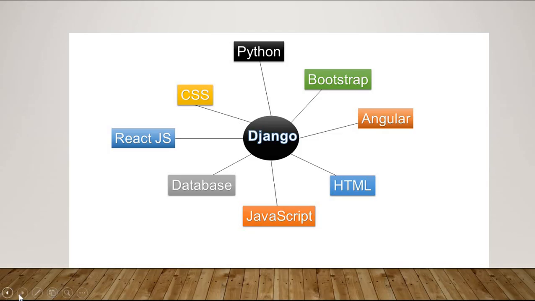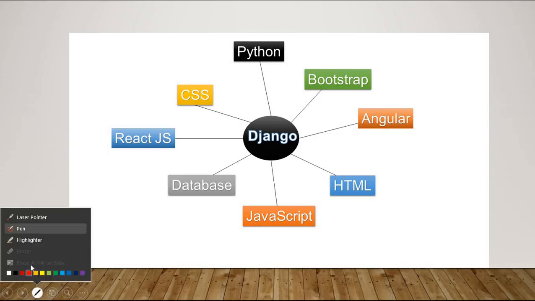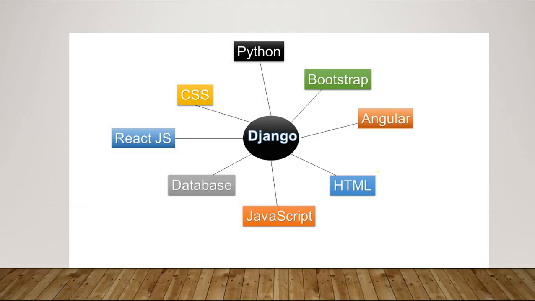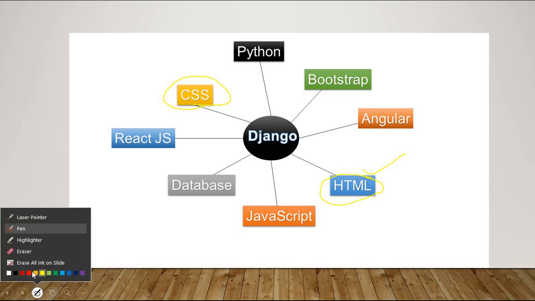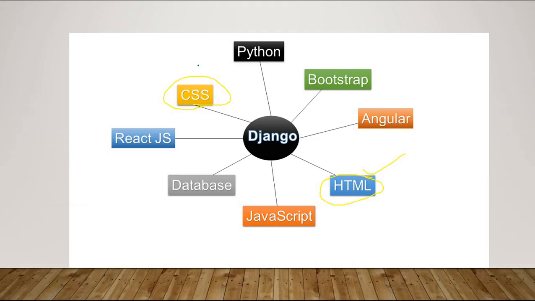There are some technologies I have mentioned here. The first one is HTML, a hypertext markup language. By using this, we can create web pages easily. The next one is CSS, which is Cascading Style Sheets. By using Cascading Style Sheets, we develop websites and add styling. Coming to the JavaScript part, I'll explain it once I complete this